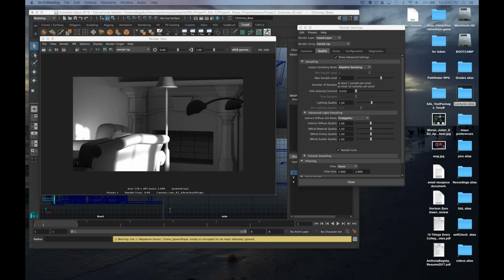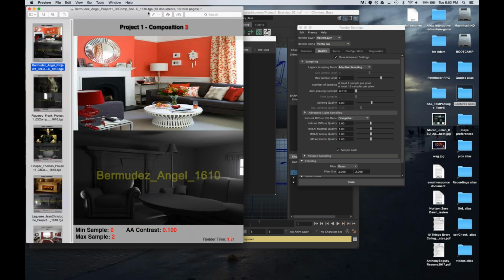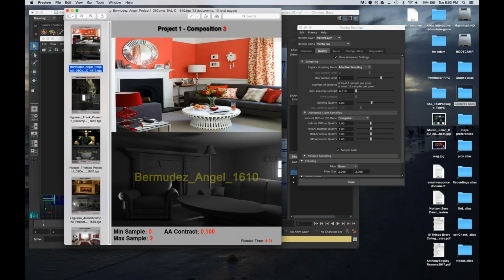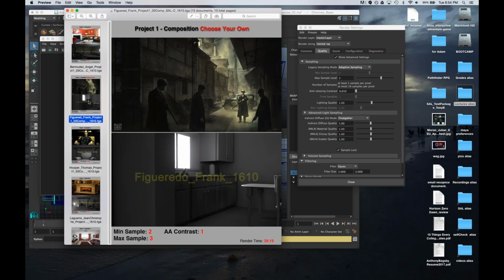And you have to do a choose your own composition. And I have some examples so you guys can see what you're going to do with that. So you're going to find a picture online and you're going to match it. And you can move the objects in the scene, but you can't move the lights. So you can sort of move the table and the chair. And then you're trying to get the same look and feel without adjusting the lighting. But again, the goal is still to get a good render. So min and max samples, AA contrast, render time. If your render time is super, super high on one that it shouldn't be, we'll know you had your settings too high.